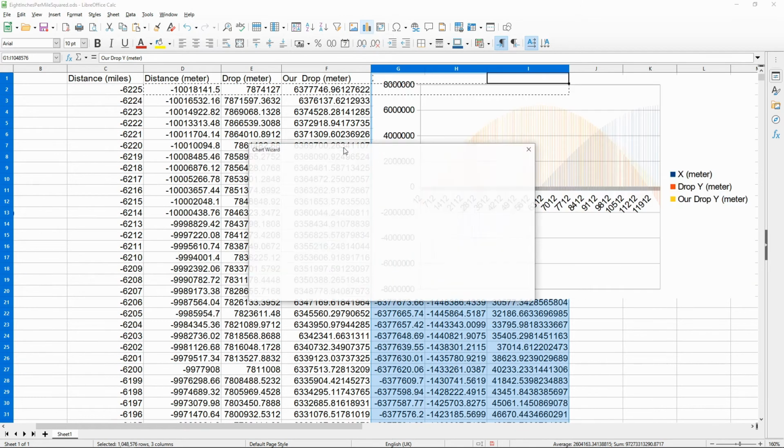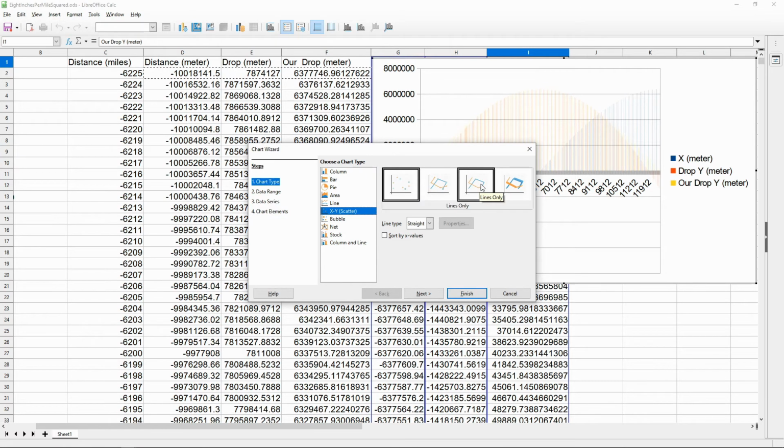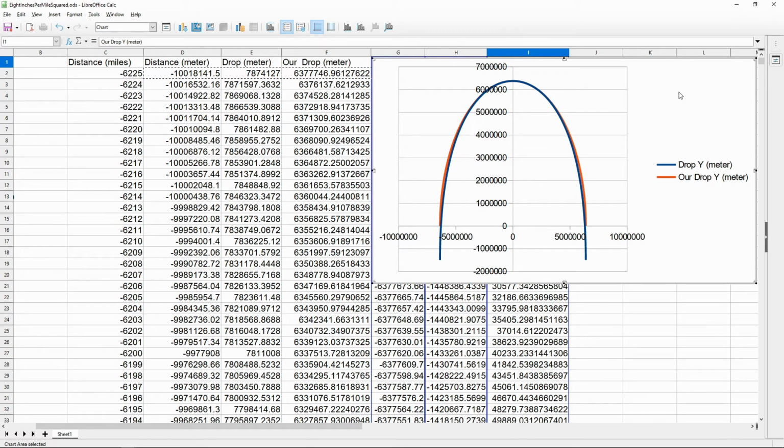We want XY scatter, and usually the first column is used as x, which means we would have distance on the x-axis and drops on the y-axis. Voila! Right? Nope. This is a biased chart. I have mentioned this in one of my other videos, but for the life of me, I can't remember which. Anyway, I discussed how we can manipulate a chart to fit a particular narrative.